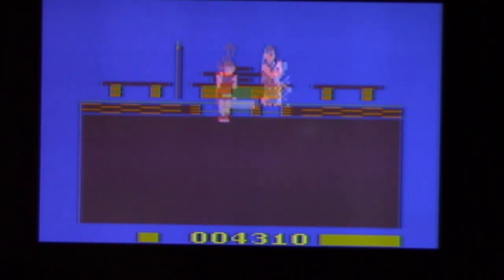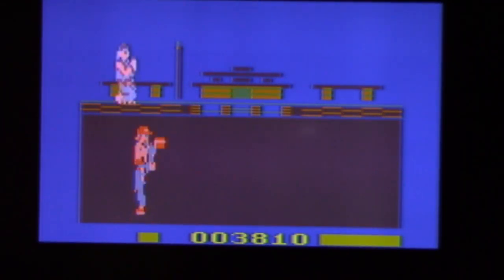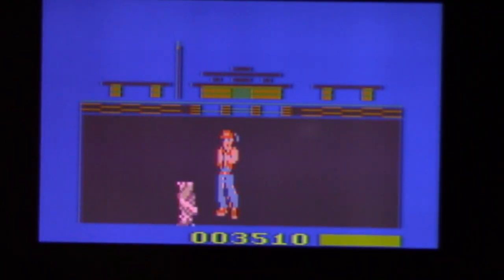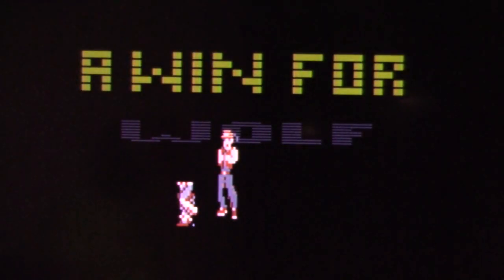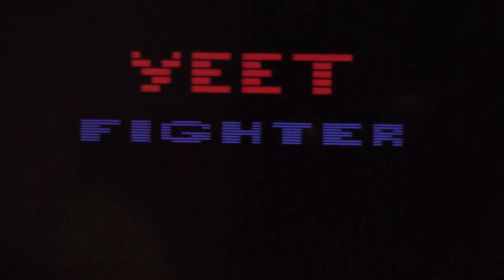I need to change the music. There's a couple of small things left to do and then this game will be finished. But there we go. Now he won. Now it's going to go back to the title screen because I lost. There we go. Now the song at the beginning is finished, but the other 3 songs are just placeholder songs,